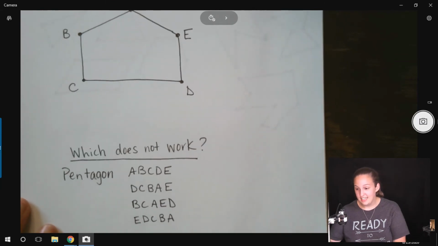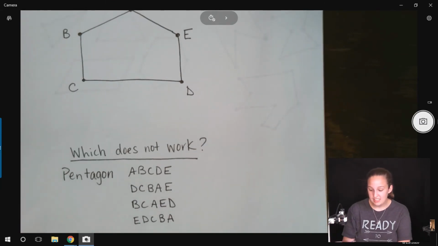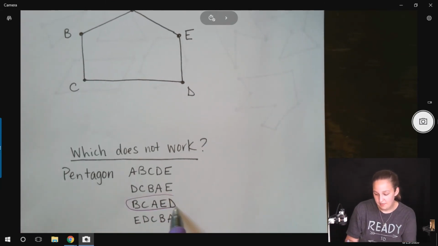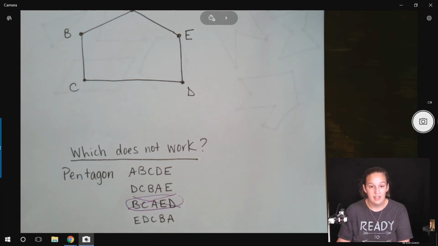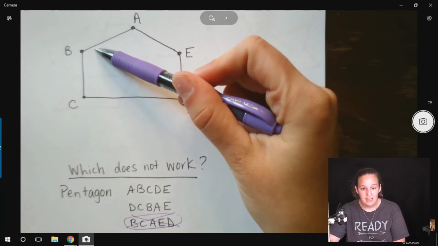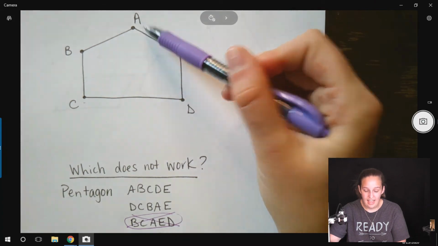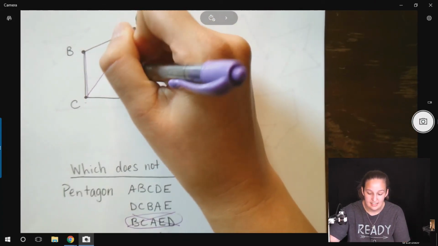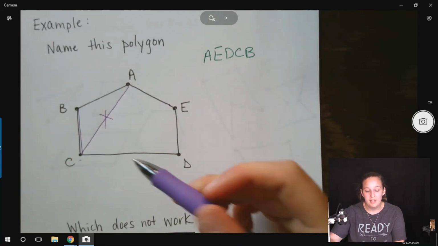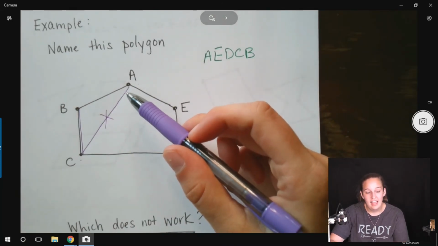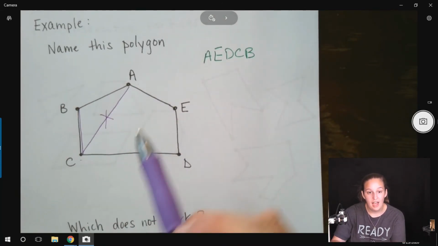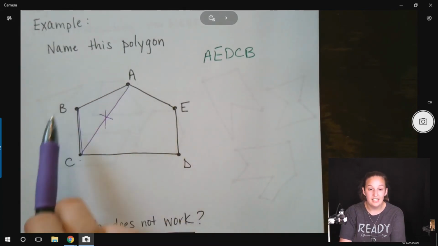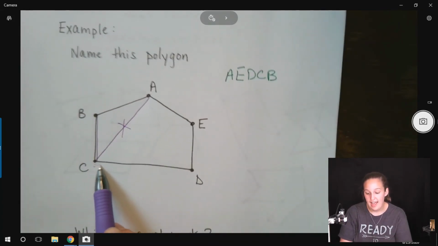All right, the correct answer, which one does not work, is this one. This does not work because of B, C, A. This transition right here works, but this one does not. That does not work because it's not a consecutive vertex. You have to go consecutively. So if you decide to go this direction, your next one has to be